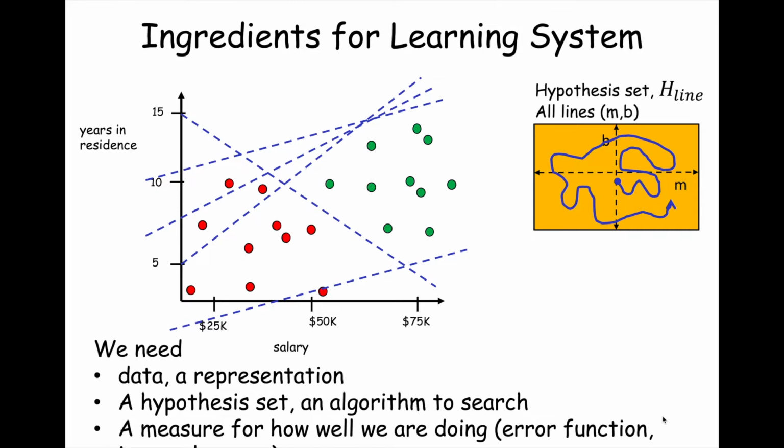Now, certainly, you could choose a hypothesis set. We didn't have to choose lines on the plane. We could have chosen all degree 100 polynomials, right? That's a really big hypothesis set. Now, in the physics of learning, if you choose a hypothesis set that's really big, that corresponds to a function that can describe a lot of different geometries between two sets of points in feature space, point clouds in feature space. And that's a good thing because it means that you can separate points of one type from